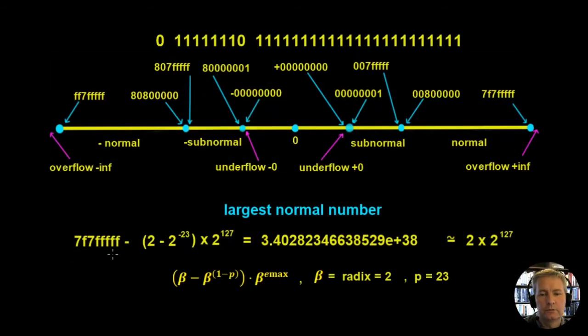So our largest possible normal number is going to be given by the hex value 7F7FFFFF, and this is it written down in binary, and we've seen this number converted in the conversion tool. So we said that the largest number that we can get is going to be 2 to the power of 127. But it's not going to be exactly equal to 2 times 2 to the 127 because we never get to that value of 2. We only ever get to a value which is 2 minus 2 to the minus 23. So whenever we multiply these numbers together, we're going to get this number here,